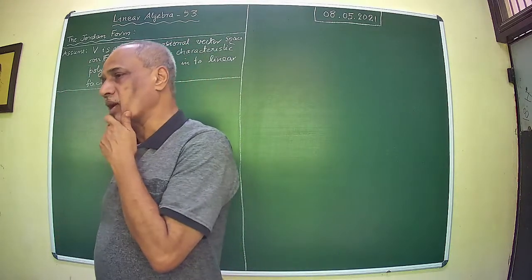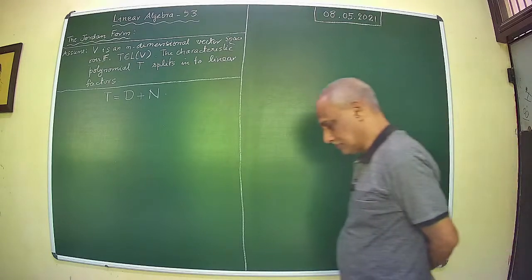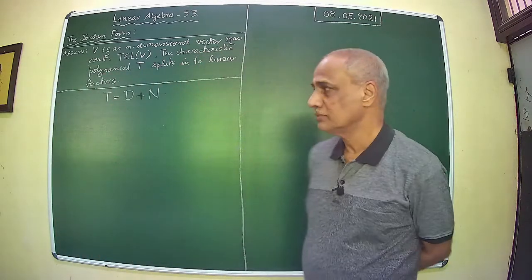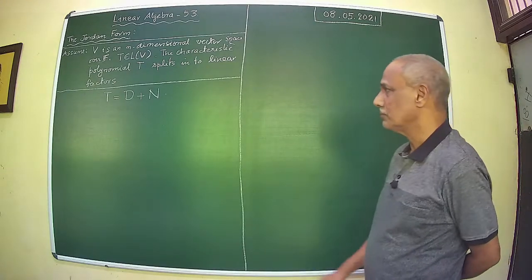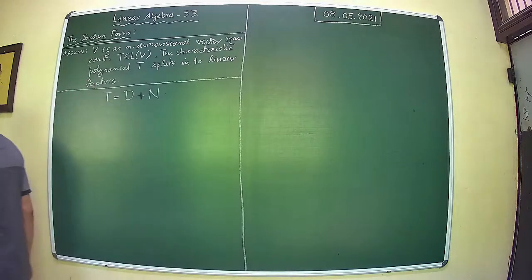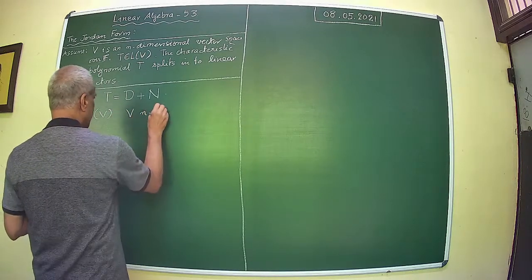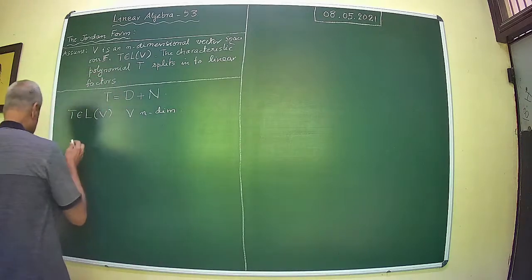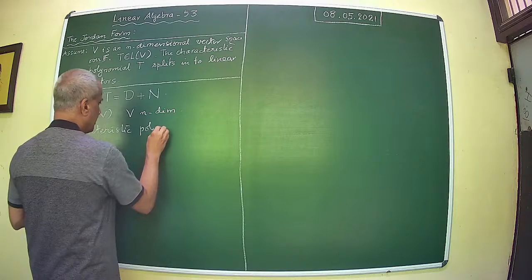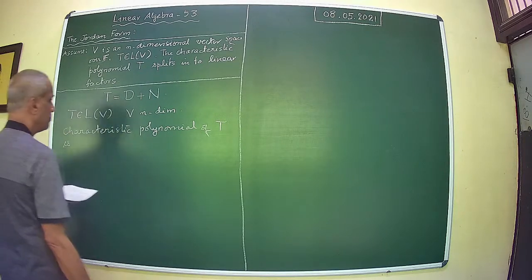Now, what we want to work on is how this N can be worked on, or we will go for what is called the cyclic decomposition of N, and then try to represent T in terms of the cyclic decomposition of N combined with the diagonal form of T. Okay, so let us do that. So we have T belongs to L(V), V n-dimensional. Then the characteristic polynomial of T is assumed to be